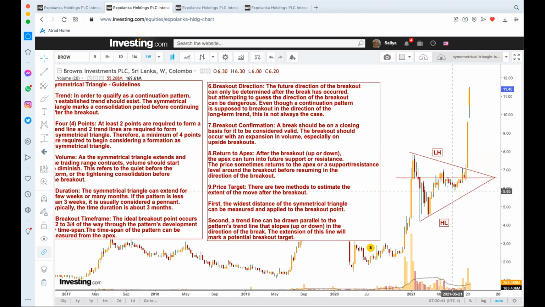right? In that throwback, what happens is it will be within the pattern. Sometimes it can even come down to test the support area, the support line, right? Now, the next expectation has to be a breakout confirmation, meaning it has to go up again above the apex or the previous high point here, right? Now, there again, we can see here it went up, came back again, and then at that point confirmed the apex as the support. Thereafter, there was a breakout and the prices started going up. This is the weekly chart,